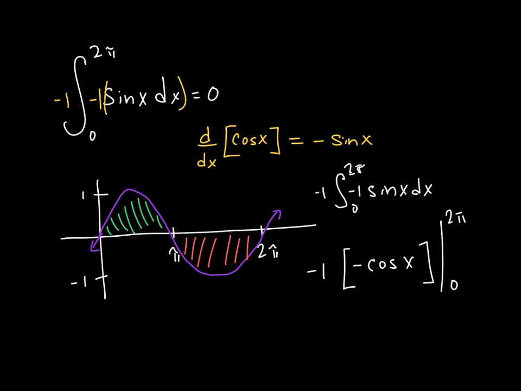So I'm going to plug that in. The minus cosine is positive cosine of 2 pi minus the cosine of 0, and the cosine of 2 pi